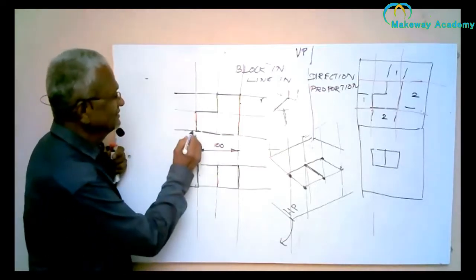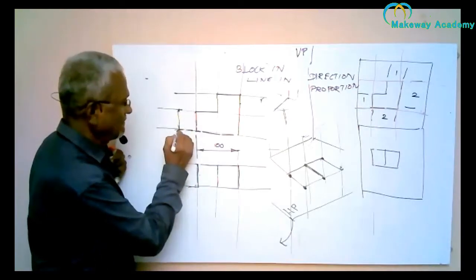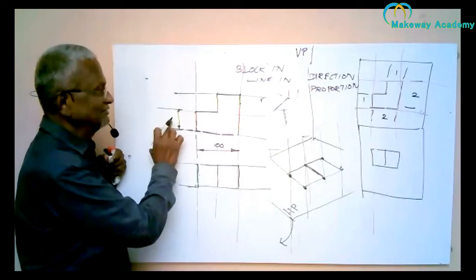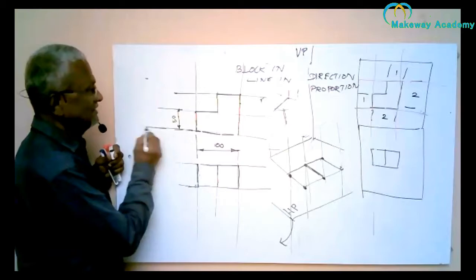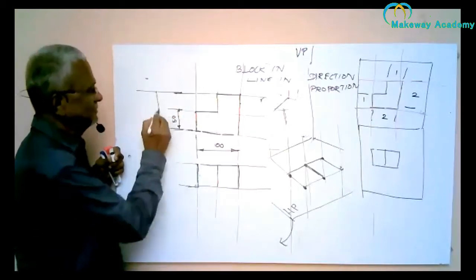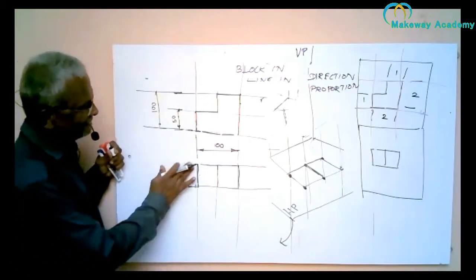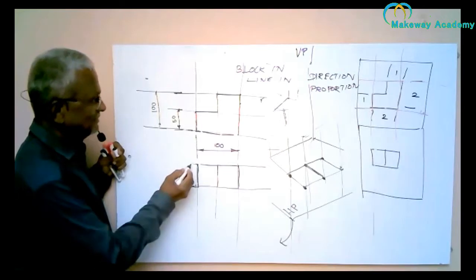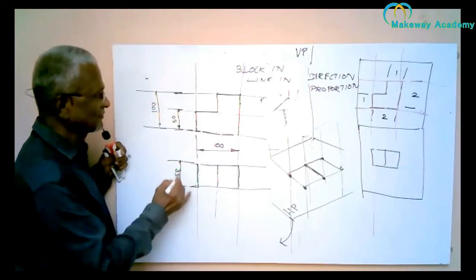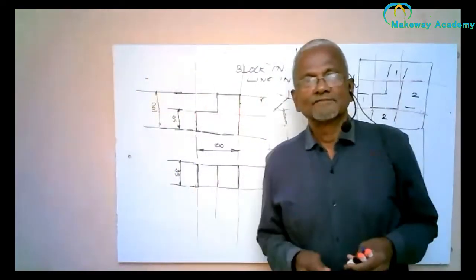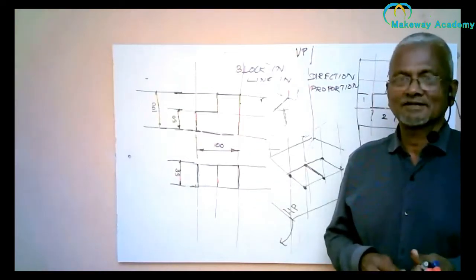So this dimension, again this is how much? This is 100, so this is 50. So the number has to be written parallel to the dimension line. And then again, the height has to be given separately. So this is how much? 100. So one more dimension is left out. That is the depth. So depth is given. How much? 50. Now all the dimensions have been given, complete dimensions. So the object is fully described.